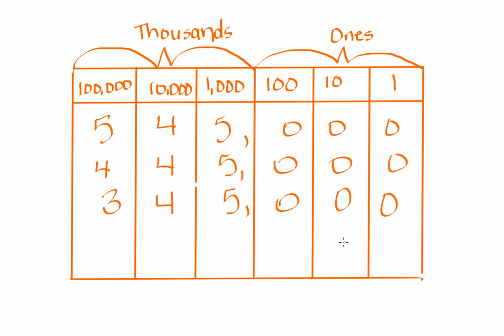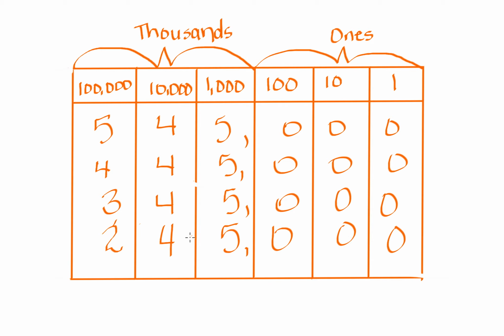So you're looking for a pattern. Okay, so if I start in this first place, these are decreasing. They're going from 5 to 4 to 3, so the next number would be the 2. These are all staying the same every single time, so I'm going to make those just stay the same. So there's the next number in your pattern,